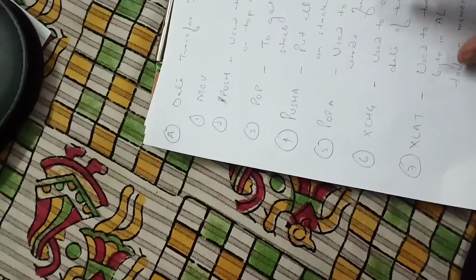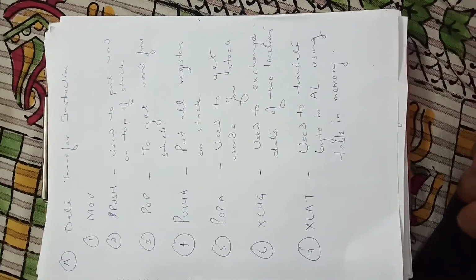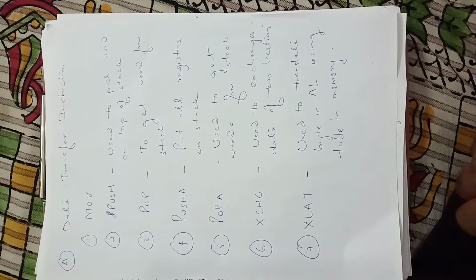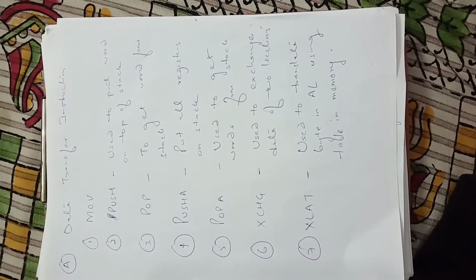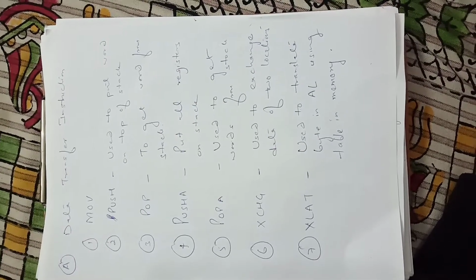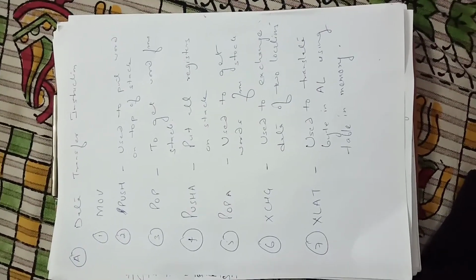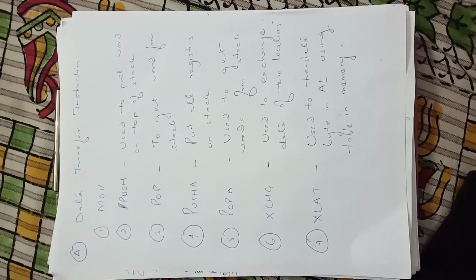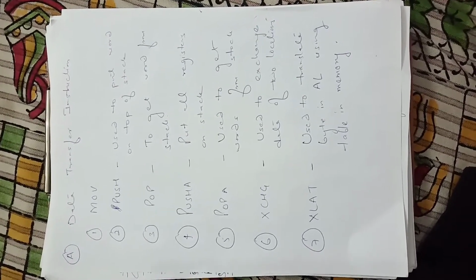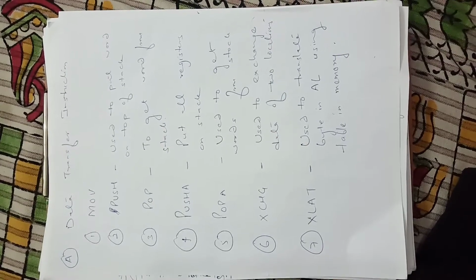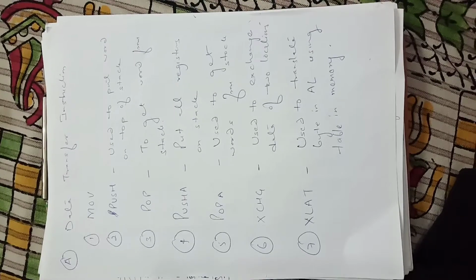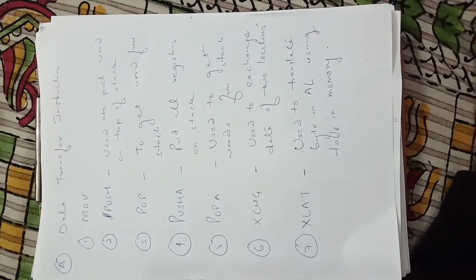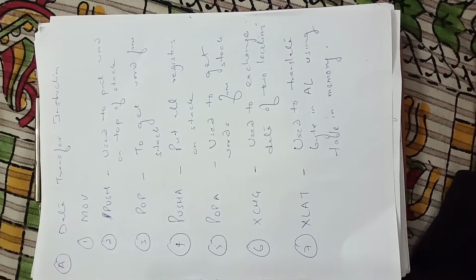So let us have a discussion on data transfer instructions. When we talk about data transfer instructions, the very important instruction is MOV. MOV is very much clear to you because you were using the move instruction in 8085 as well. The aim of MOV is to transfer data from one register to another, or to transfer data into a register. Similarly, we have PUSH and POP. These are basically stack related instructions that are already known to you. You have already used these instructions in 8085. They put data on the top of the stack or get a word from the stack.